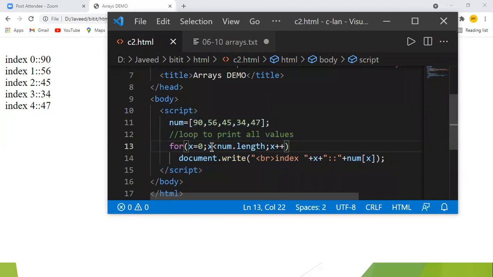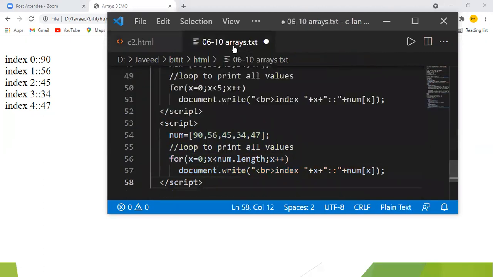Okay. Remember, these arrays will be very helpful whenever you want to have some data stored. Where you have multiple data to be stored, like for example, you want to store the data of a salesman, say for 100 salesmen, or the employees' data, like you have 100 employees and you want to store each employee's basic salary.